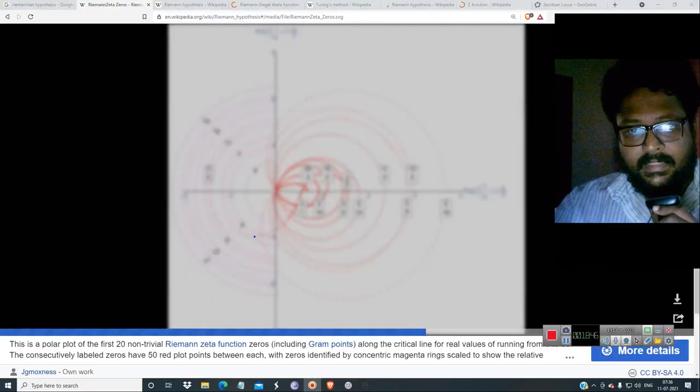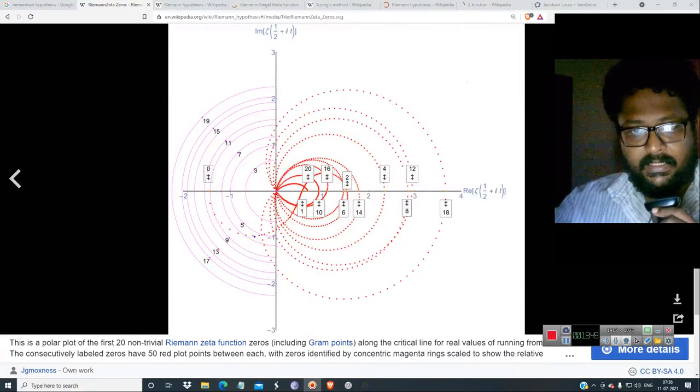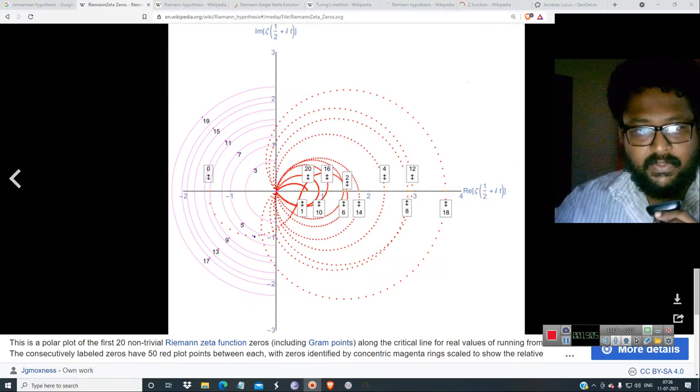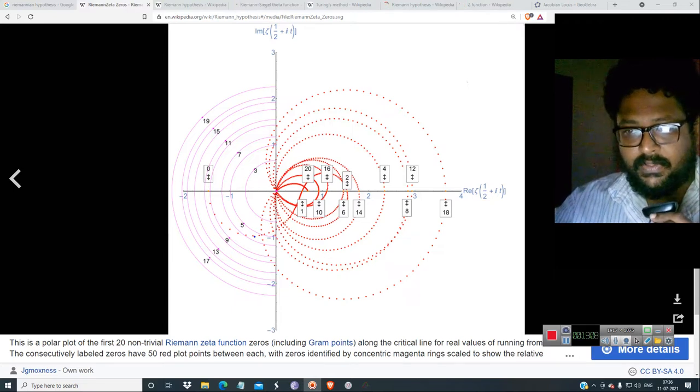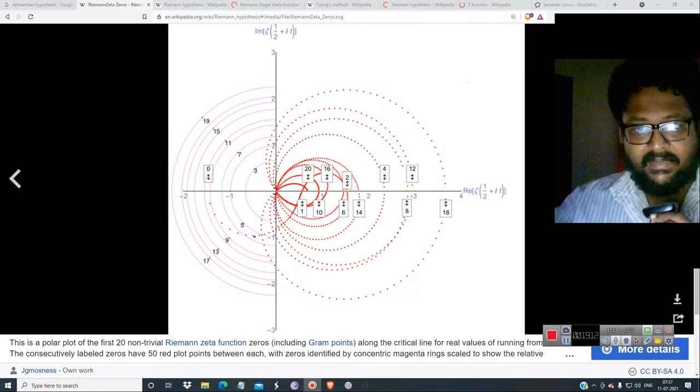You go over here to the critical strip, and you can see 3 and 7 as the distance between the critical strip. You have the critical strip, this is the imaginary axis and this is the real axis, and you get zeros over here. You have these non-trivial zeros, and the gap between the non-trivial zeros is the gap between the primes. That is what I am saying. Between 3 and 7 there is a gap, and between 7 and 11 there is a gap. This is how it progresses.